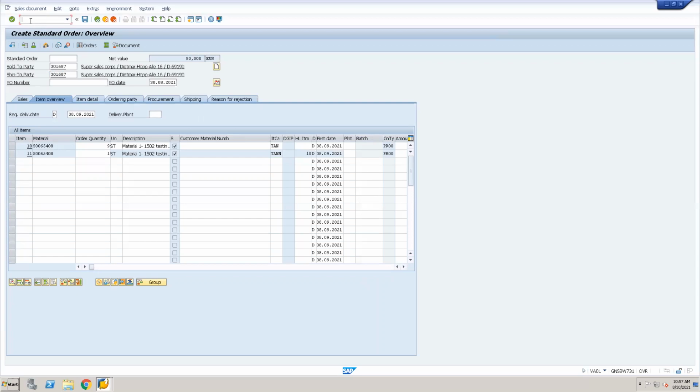So even though you are going to sell 10 quantity, because you have a free goods determination set up for this particular material and customer combination, whenever the customer places that particular material and the free goods determination data is maintained in the back end, if it is inclusive, the system will propose the offer if he has placed that quantity, 10, because the offer quantity will start from 10. If he has placed 5, the system will not throw the offer quantity. Okay, so let's go.